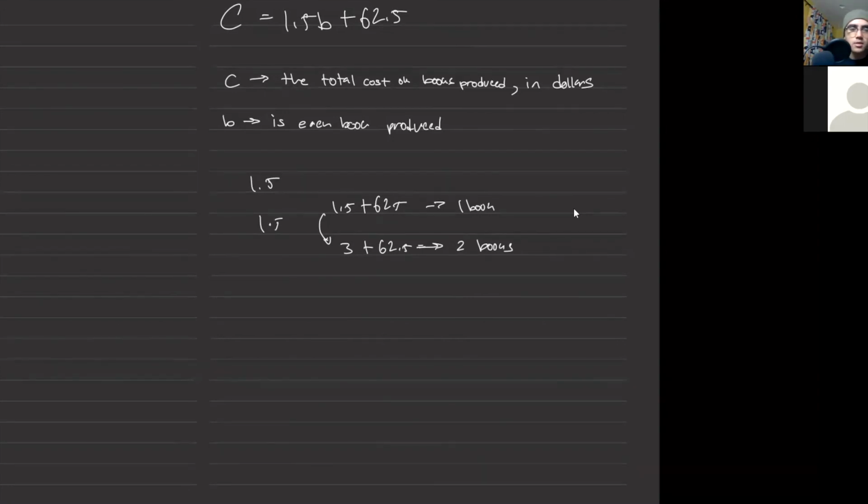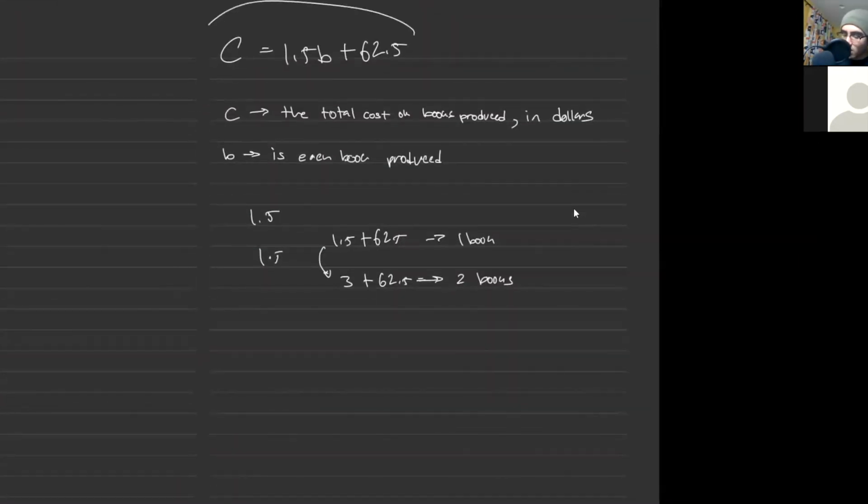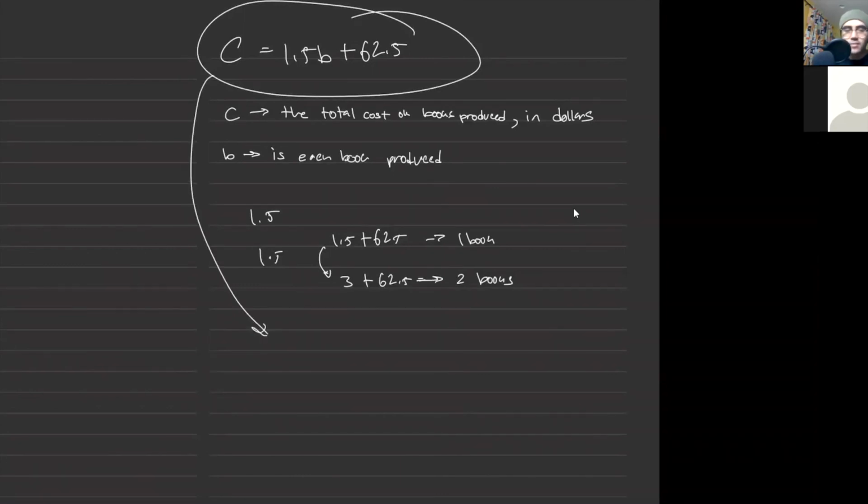That makes sense, right? So what I'm trying to get at here is that the College Board will ask you what 1.5 means here, right? And then they're going to give you answer choices, right? And they're going to be like, the amount of pages the book produces,